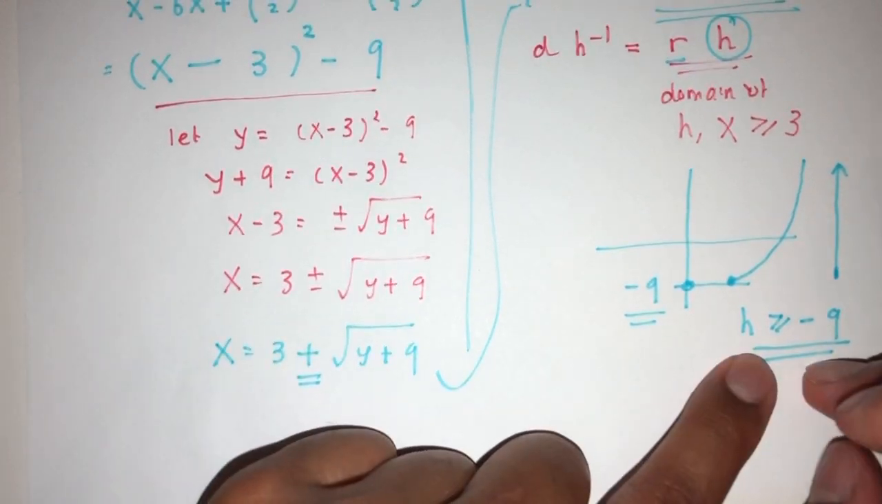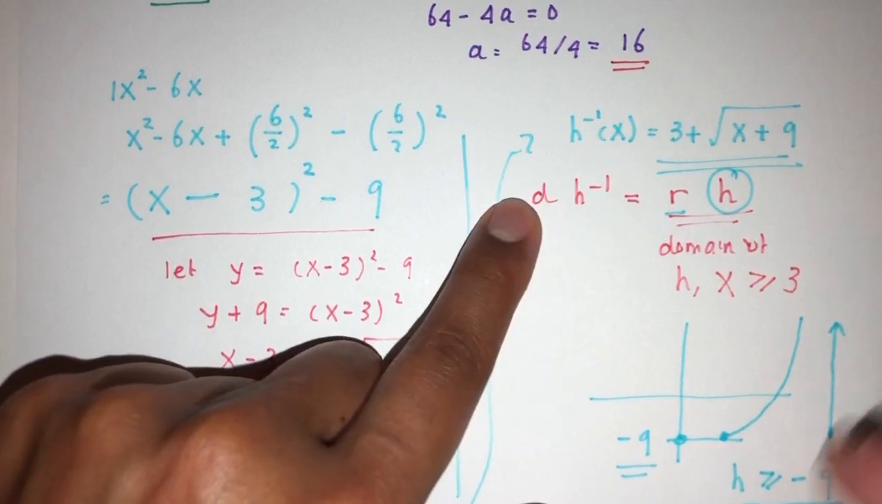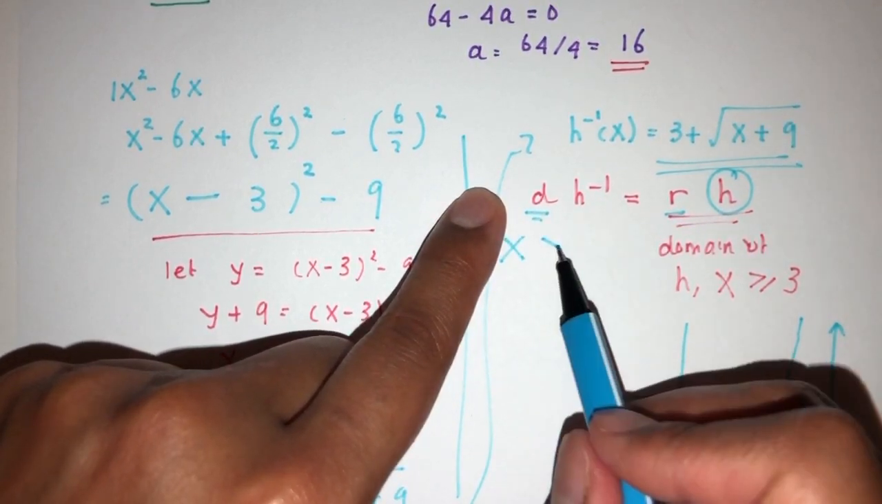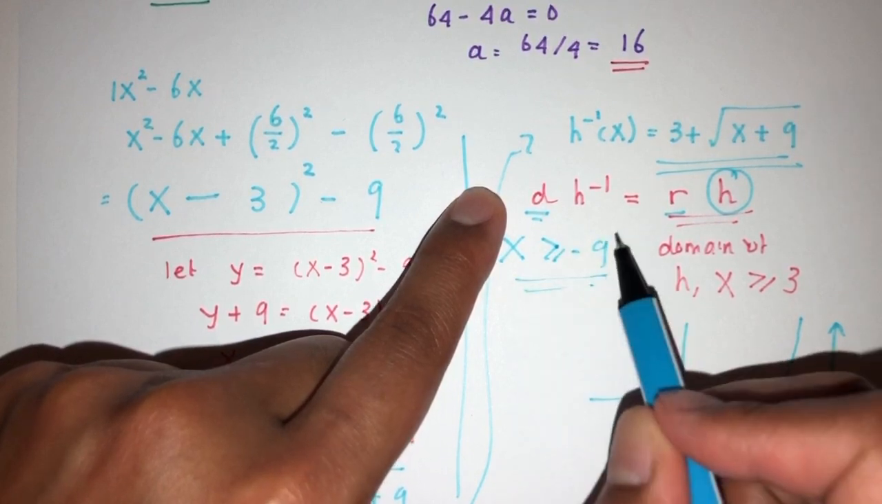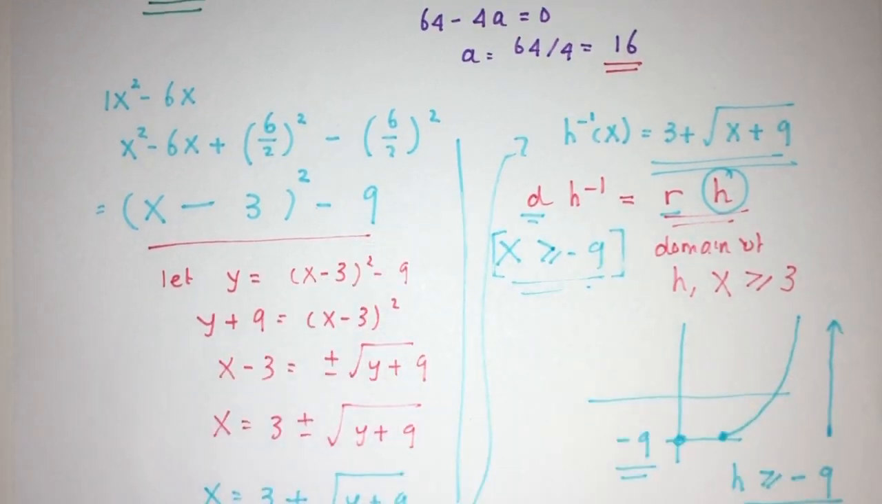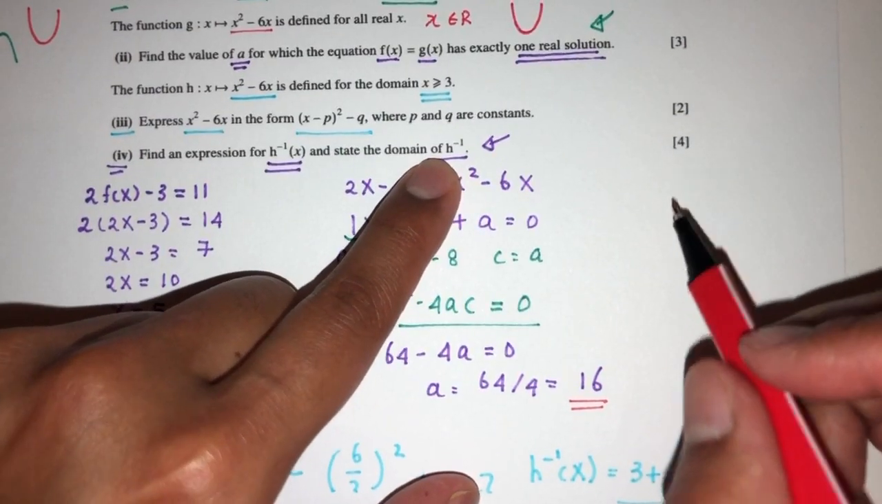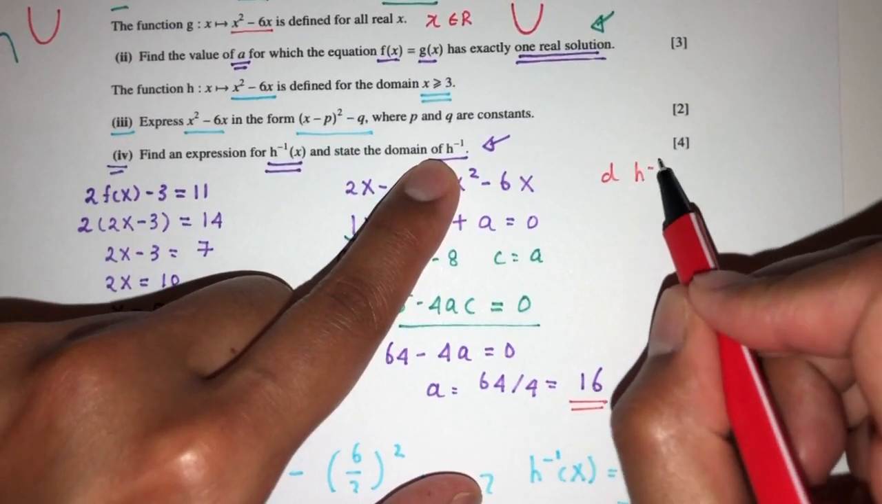So because we know the range of h, we can find the domain of this. Domain is defined by x. x has to be more than or equal to minus 9. So this is your answer. Again, let me recap. Pretty easy. To find the domain of h inverse, we understand that the domain of h inverse is equal to